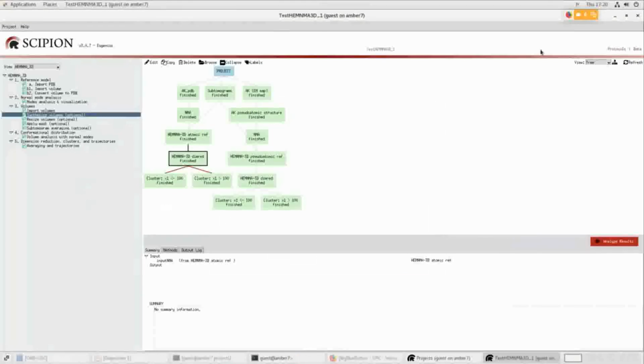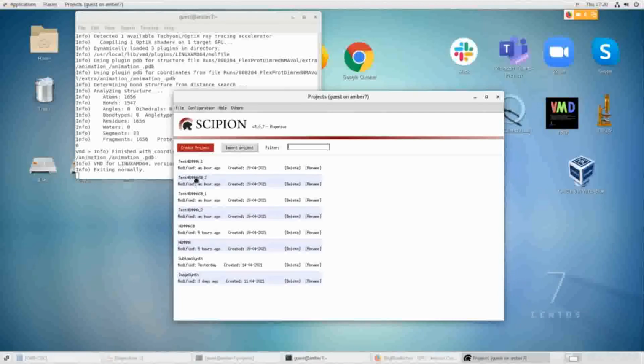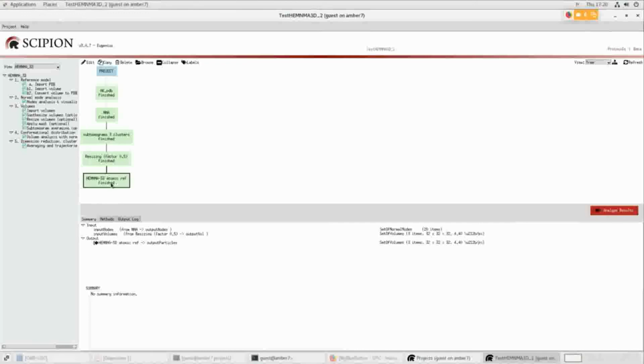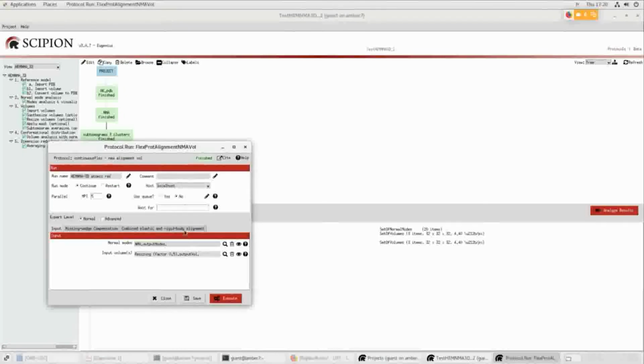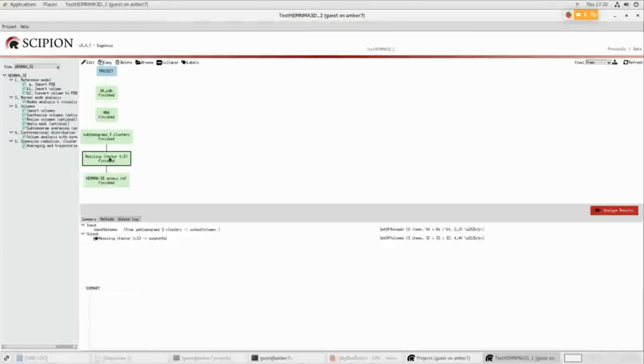So the second test for HEMNMA3D is the same. It is just testing up to, but really it is running the analysis of subtomograms. As you see, this field was empty. We were analyzing resized volumes, in this case resized from 64 cube pixels to 32 cube pixels,